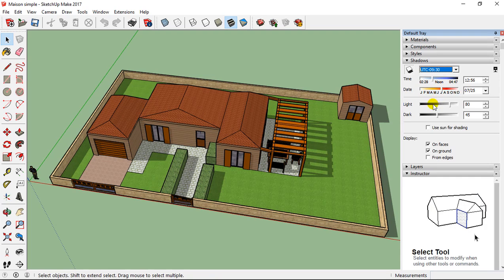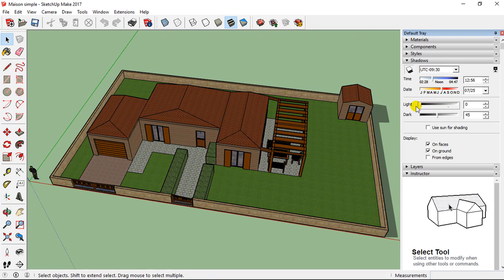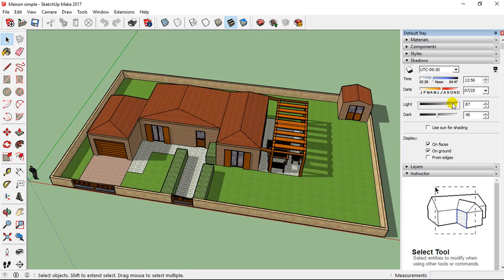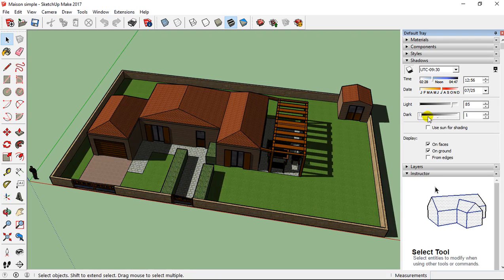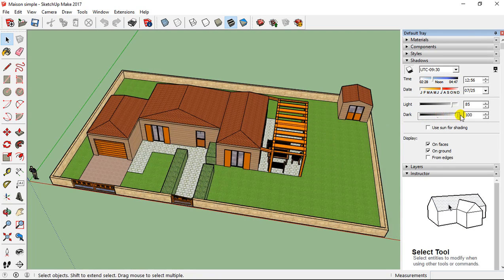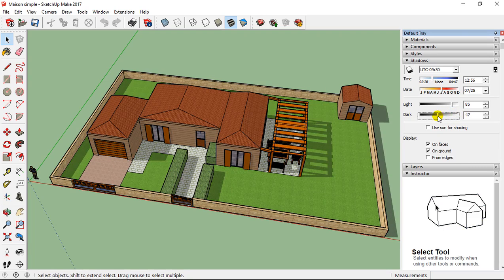And after, when you work on this, you can also change the light. So if you want to have less light, you can reduce. If you want to have more light, you can increase here. Dark, it's the same. You can add dark like this, and you can have less dark. So if you are at the maximum, you are not going to have the shadows. So keep, for example, like this, and you can edit on the cursor also on the right.